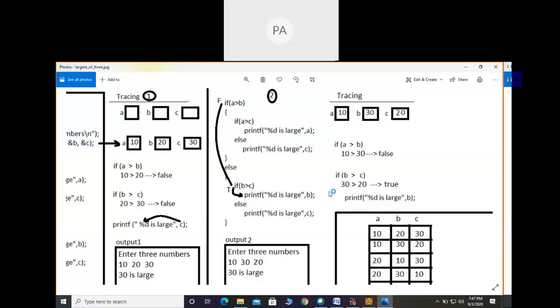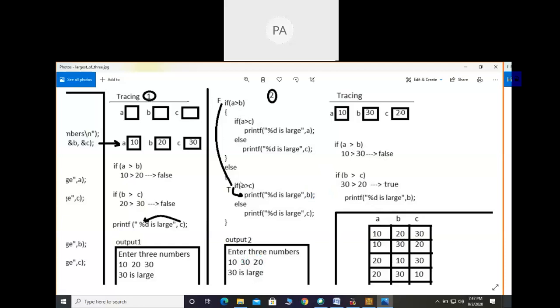Okay. So once again I will explain. First you have to take the values 10, 30, 20. So 10 is stored in variable A, 30 in variable B, 20 in variable C. Now you have to check from the first condition, A greater than B. A value is 10, B value is 30. It checks, is 10 greater than 30? No. No means false.